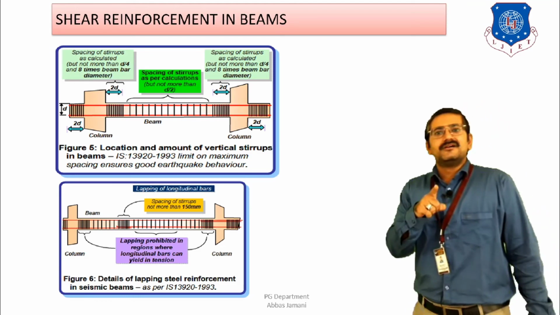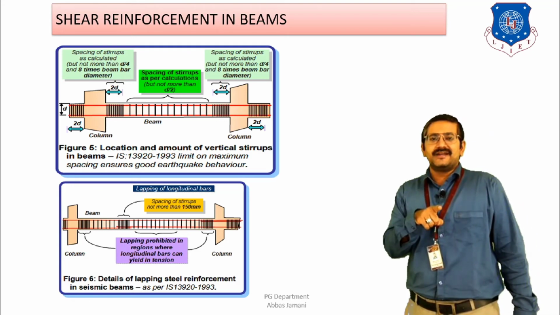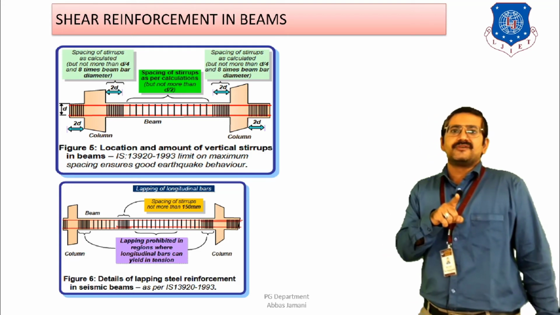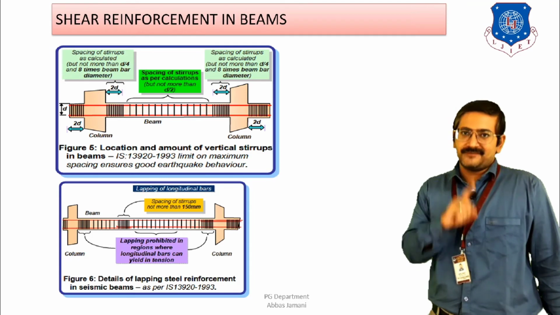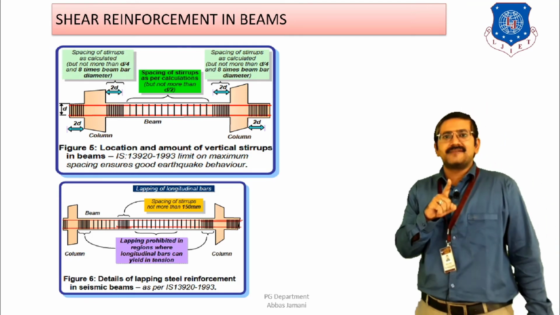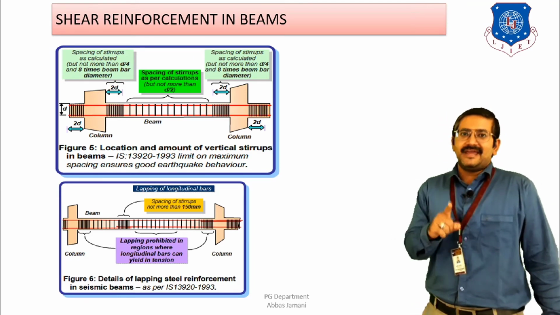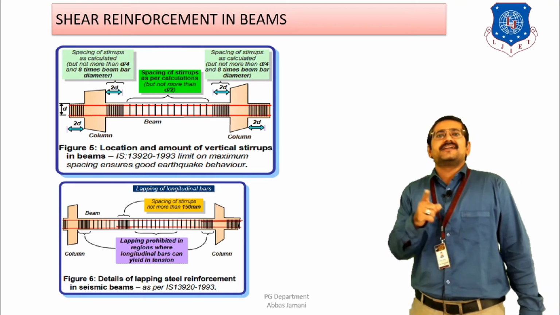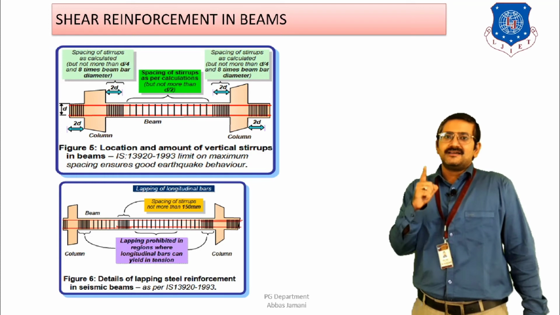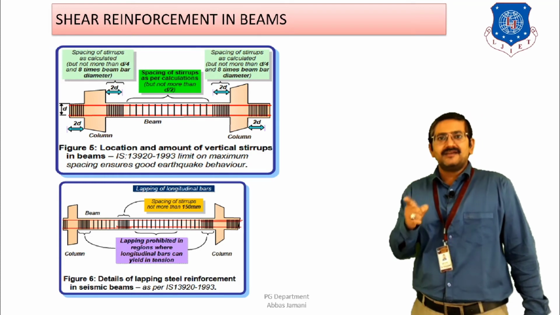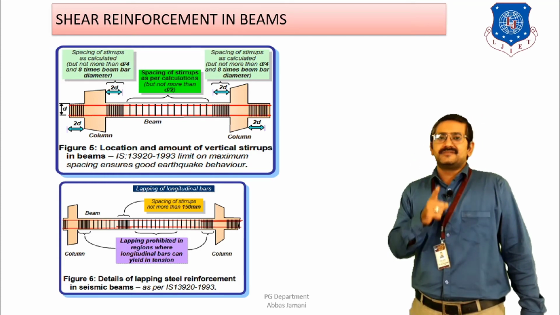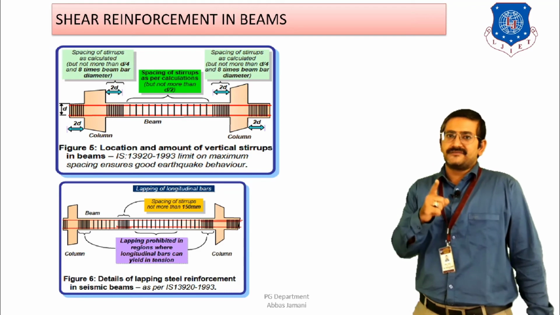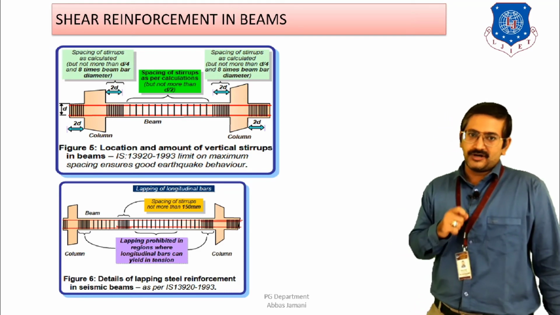The minimum diameter of the link, or the minimum diameter of the stirrups that is to be provided, has to be 8 mm, right? So the selection of diameter starts from 8 mm, and the shear strength or shear capacity of these stirrups should exceed the flexural capacity, so that brittle failure can be avoided and ductile failure of the beam can be ensured. As a result, this criteria has to be followed very strictly.